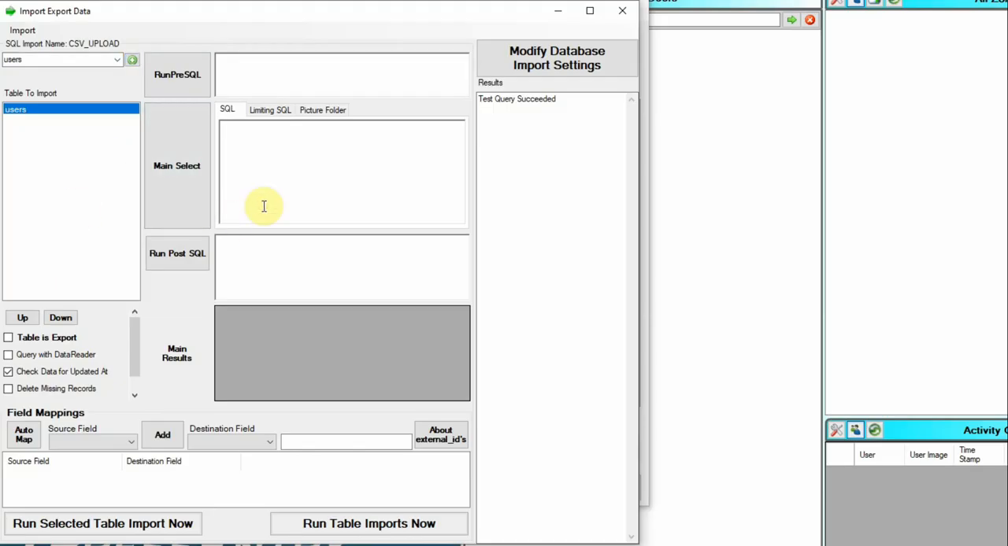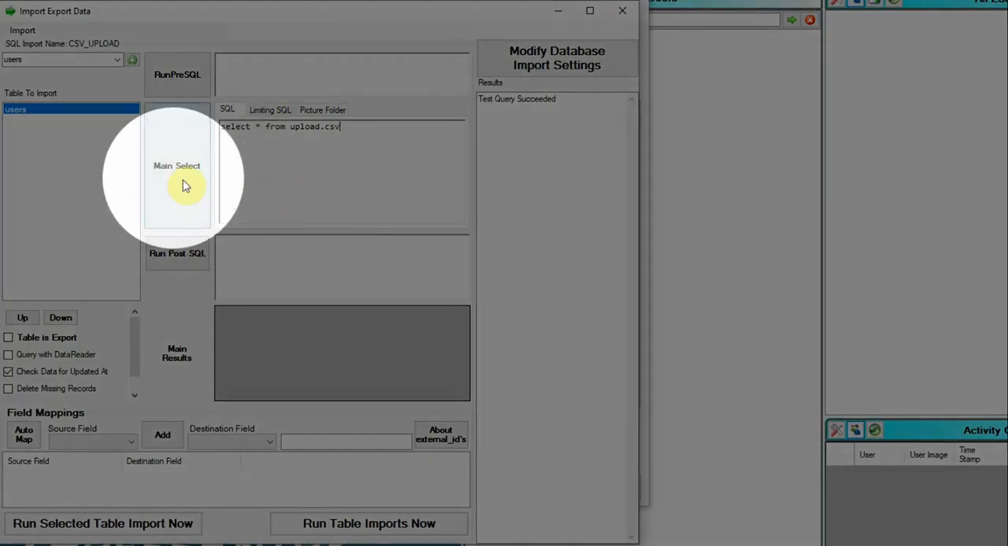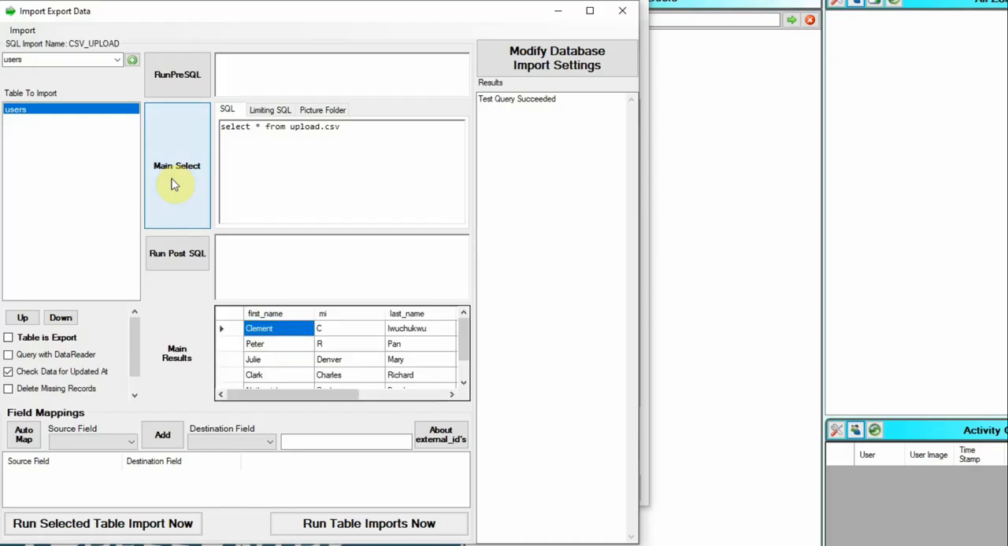So you want to select here star from upload.csv. I want to hit main select, and you can see the data that came from that file. Now, because we have named this properly, you can just hit auto map here, and it will map it to the relevant XPressEntry fields. Now, one of the things you need to take note of is we need an external